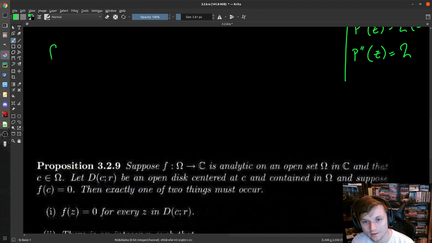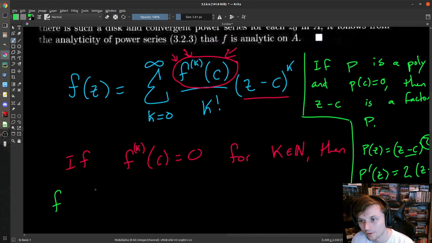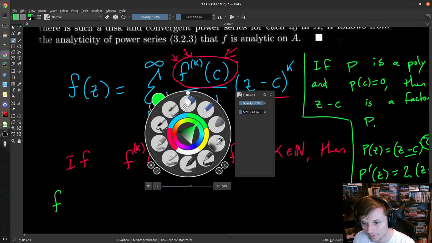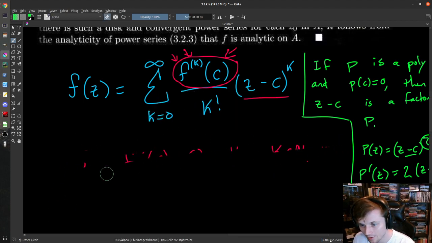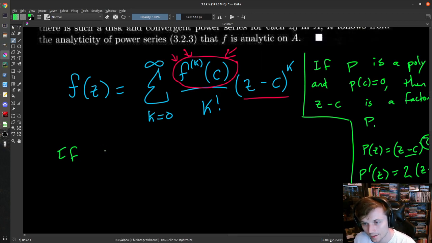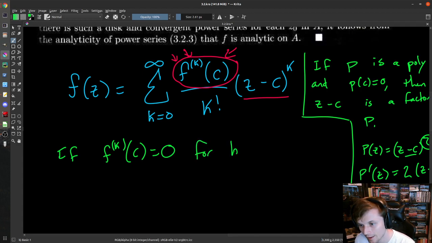Anyways, so if you're looking at a power series, actually, let me give myself even more room and take off this fragment of a sentence here as well. If you have a power series that looks like this, and if the kth derivative at c equals 0 for k equals 1, 2, all the way up to n minus 1, if it has a 0 of order n minus 1 there,